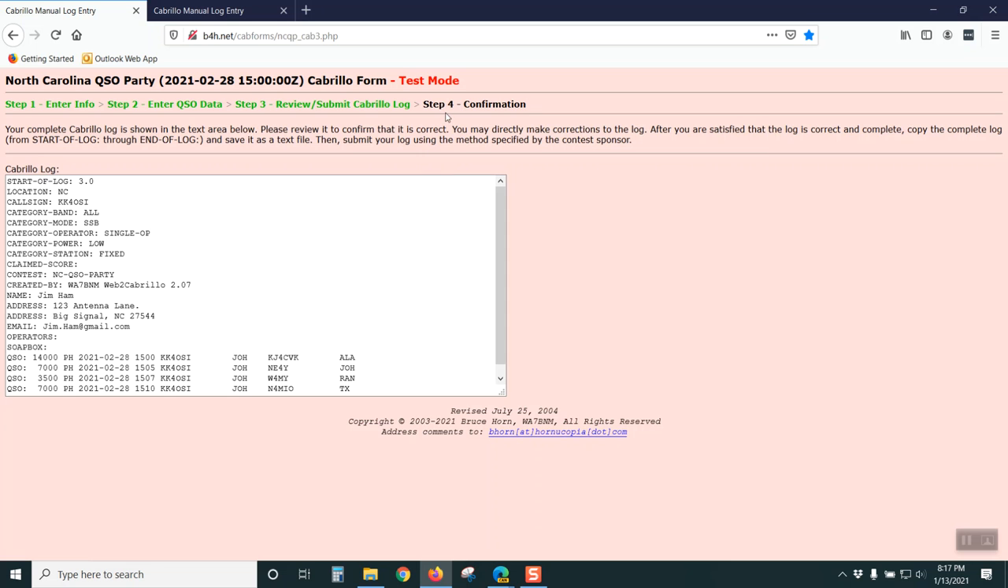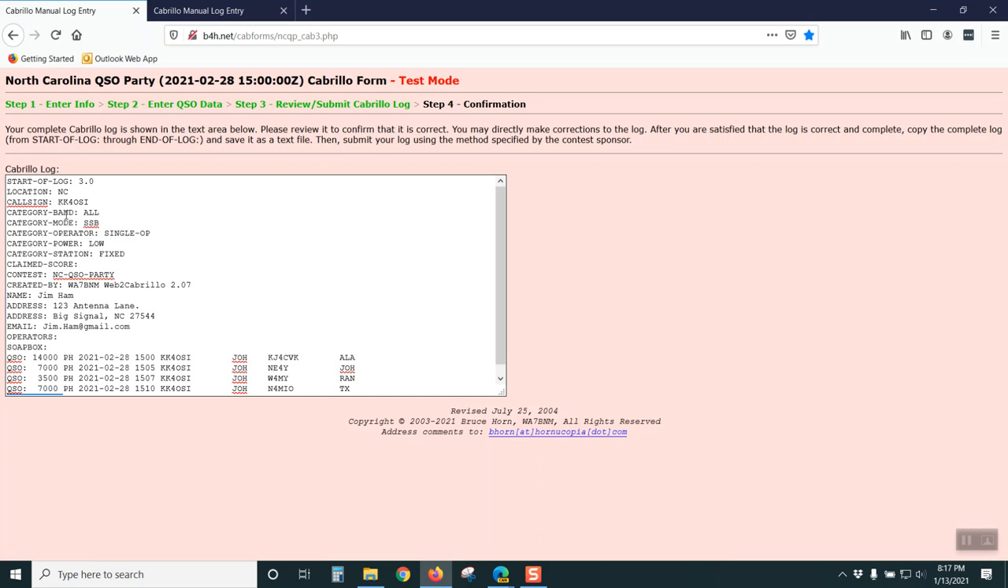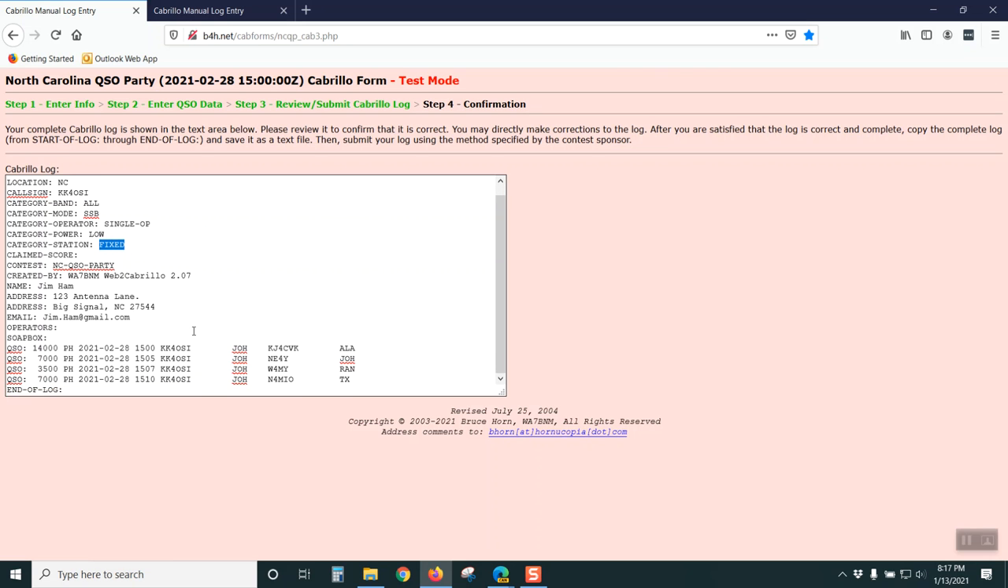And step number 4 says that it's confirmation. It's the Cabrillo log. You'll see at the top it says start of log, and here at the bottom it says end of log. You need to make sure that you include all of that in your log. But you'll see that it gives you the call sign, the bands, what mode I operated, if I was single op, what power, that I was fixed, and so on and so forth, my name, address, email address, in case somebody needs to